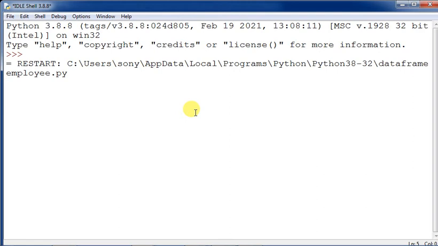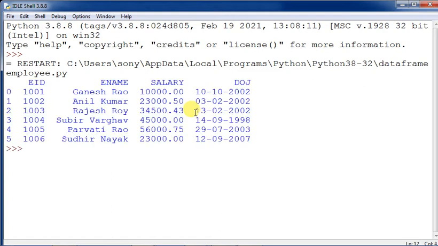Each and every command when we utilize it on a data frame gives some output. First of all, let us see some of the commands over here. The data frame has been executed over here, so now we will give certain commands. First of all, we will check df.shape. What does it do? This shape gives the dimension of the data frame, whatever be the structure, a two-dimensional structure. It will be given in the row, column format. So there are 6 rows and 4 columns in the data frame.